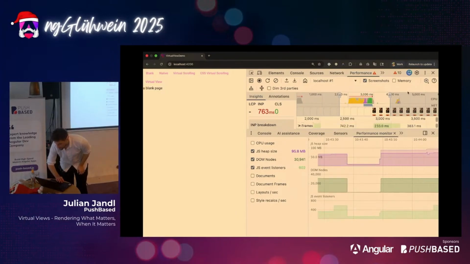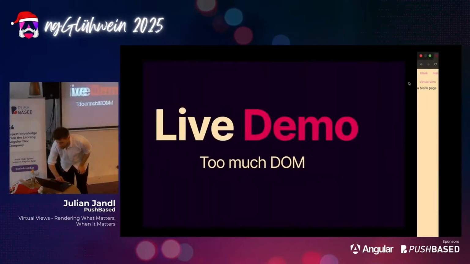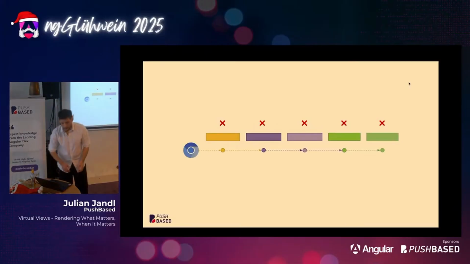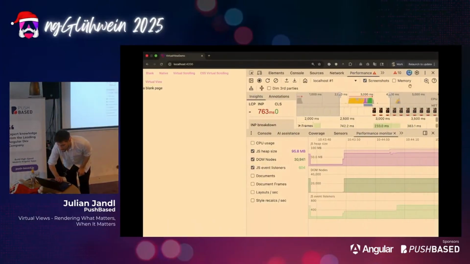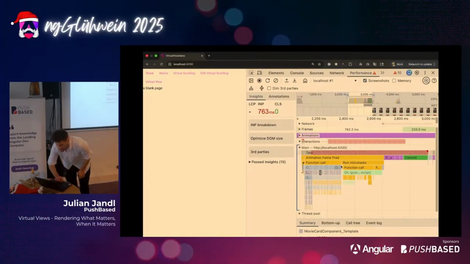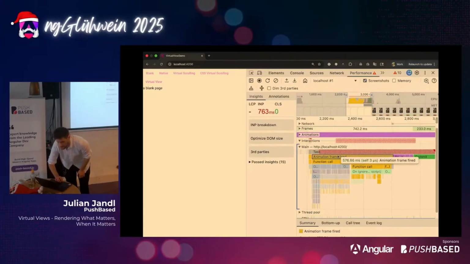So let's go back now that we have an overview. What is the current problem? I think I can leave the throttling on for now. And yeah, just to prove my theory, I forgot to show that. Just to prove the theory that this hurts on all ends, because we only took a look at scripting. Scripting is everything that is yellow here. We see here the click event and the animation frame that causes change detection afterwards and rendering all of our